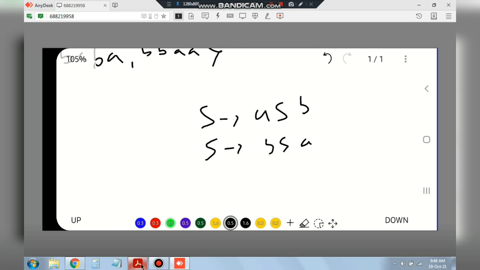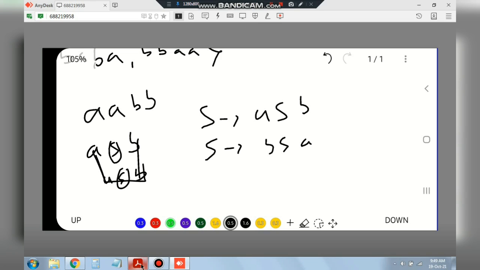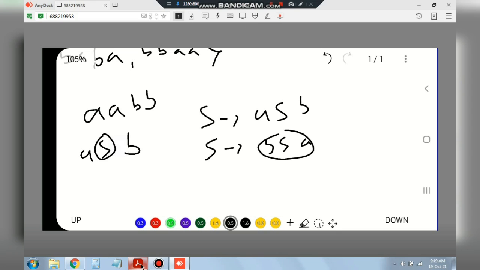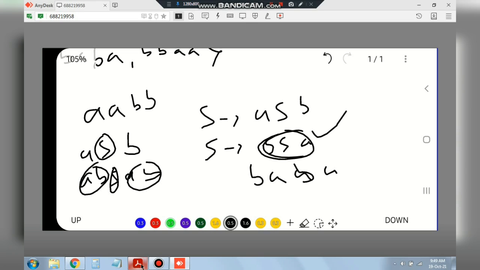Okay, so if I have to generate the string AABB, what I will do is, first I will write s goes to ASB. ASB, instead of s I will write again ASB. So I'll get AABB, and this one I'll take as epsilon. If I want the alternate string like ABAB, what I'll do is I'll write ASB first, and the second S will be substituted by BSA. So I'll get ABAB, and this one will be taken as epsilon, right? But if we want BABA, that can also be done by first taking this S as BSA, then substituting this one with ASB, so we'll have BABA.